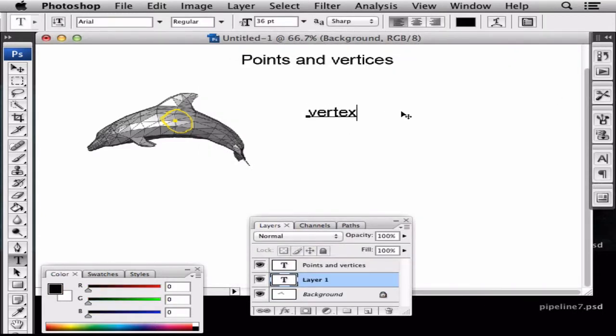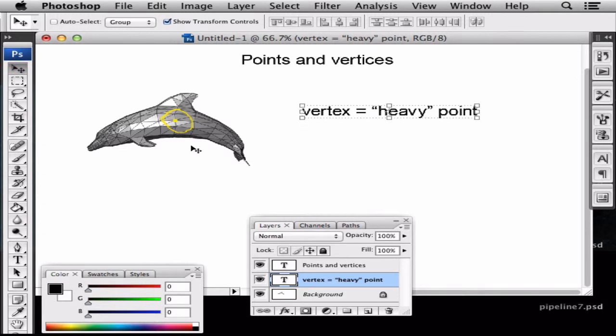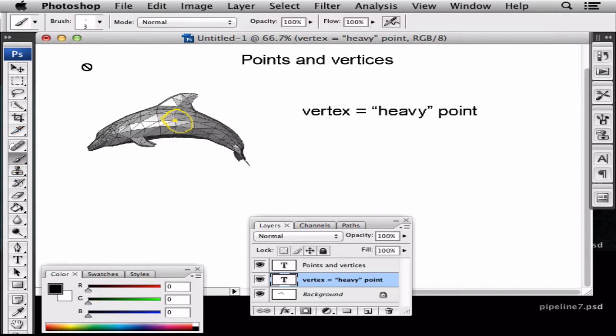We call that a vertex, as I said. And another term that's used in the book, which I think is good in a way, is heavy point. A little strange, maybe, but it just means that the vertex is basically a point, but it has some additional stuff on it, some more attributes than just the positions in space. So that's what they mean by this word heavy. But it is mentioned in the literature.